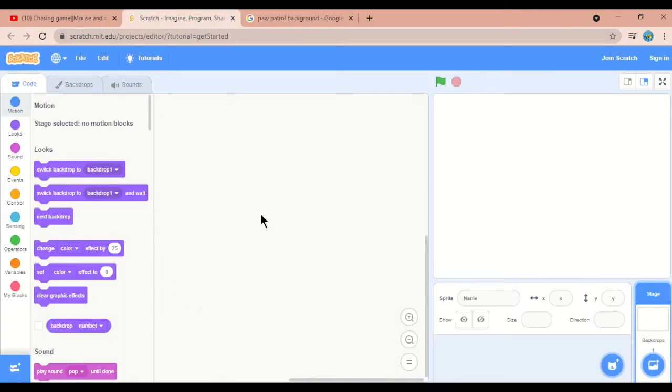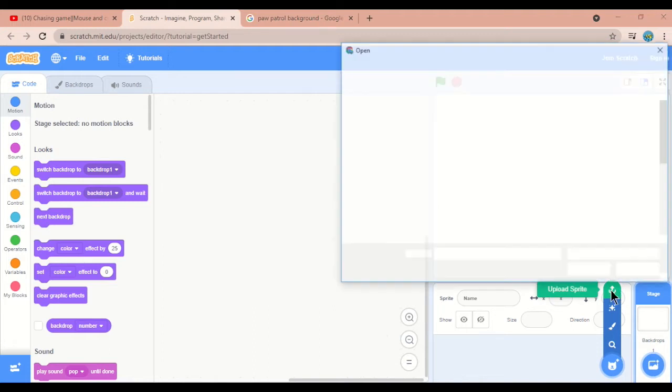Next, I'm going to show you how you will be able to add those here in our Scratch. Okay, so first of all, we are going to click on choose a sprite. You are not clicking here, you are just moving your cursor here. Then on the top you can find upload sprite.